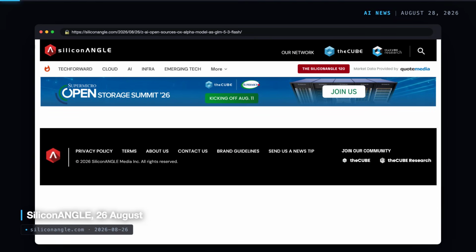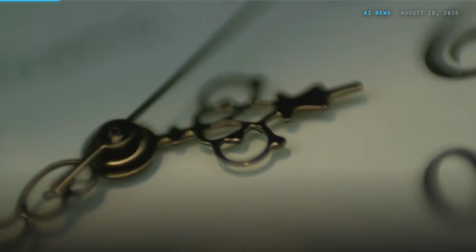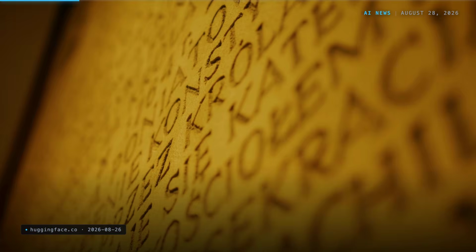Start with how it arrived. The model showed up under the codename Ox Alpha, with no lab attached to it. OpenRouter hosted it for free and declined to say who had made it, which is what drew the attention. People spent the week benchmarking something whose provenance they could not check. Then Zhipu claimed it and published the weights as